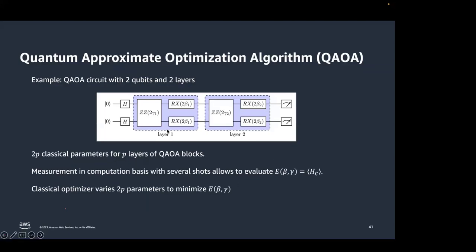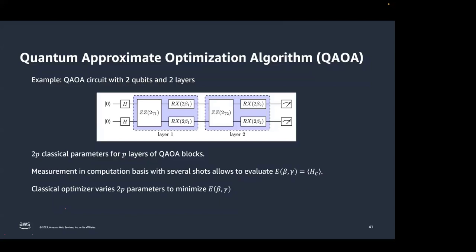multiple parameterized layers, right? There's 1 layer, 2 layers, you can have 3 or 4 layers as well. And each layer has some parameters, like here gamma 1 and beta 1, which are basically the rotation angles. And what we are trying to do now is find the optimal value of these parameters, gamma and beta, in such a way that the expectation value of this Hamiltonian HC is maximized, right?